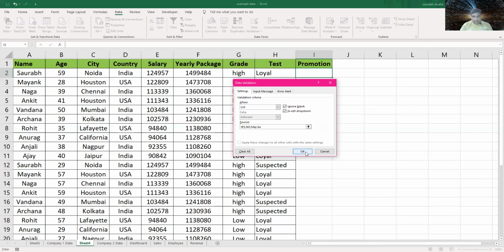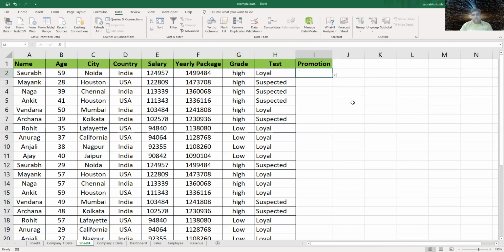So I will say, okay, see what will happen. This person whose age is this, whose city is this, whose grade is high, who is a loyal person, should we give him promotion? I say yes, no, maybe. Let's say I will say maybe. But here,